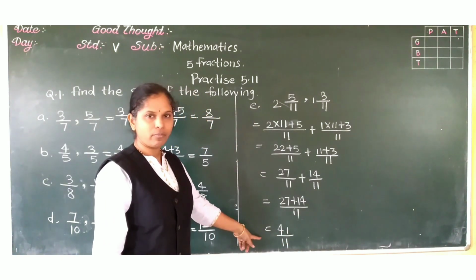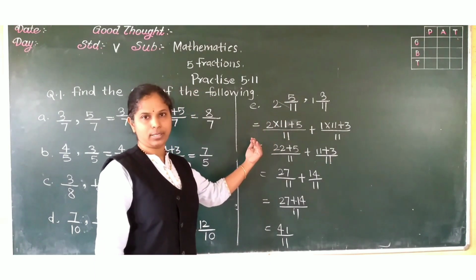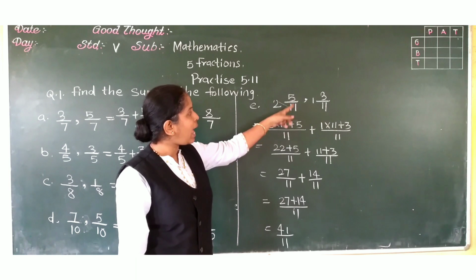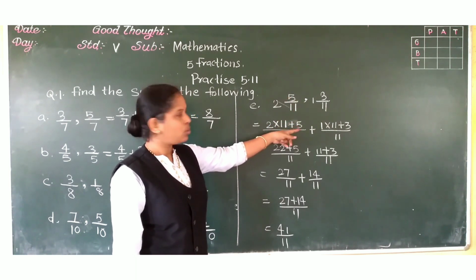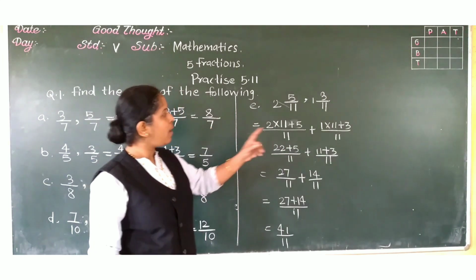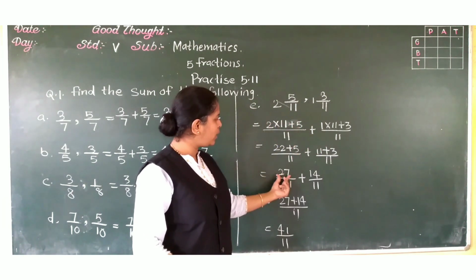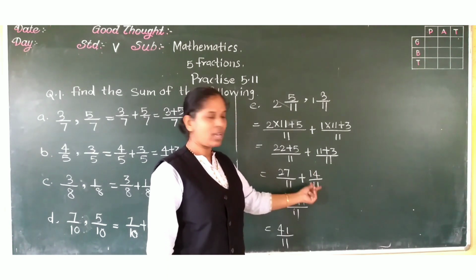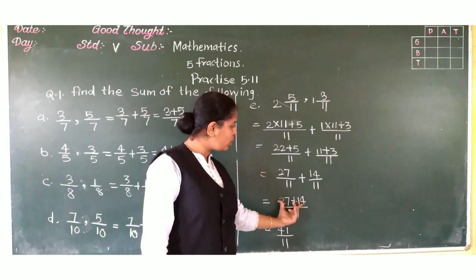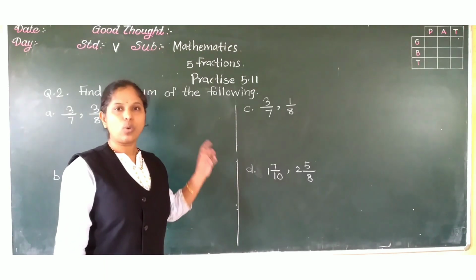In this way, we have to solve. When mixed fraction is there, convert it into improper fraction. How to convert? See here. Whole part multiply with denominator and add numerator in that. Okay. Then denominator write as it is. That denominator you don't have to change. Plus here also same thing. Okay. Then here do multiplication. Add numerator. You will get 27 upon 11 plus 14 upon 11. Now see. Now is it easy to add? Because as denominators are same, add only numerators. And then you will get the final answer. Followed?